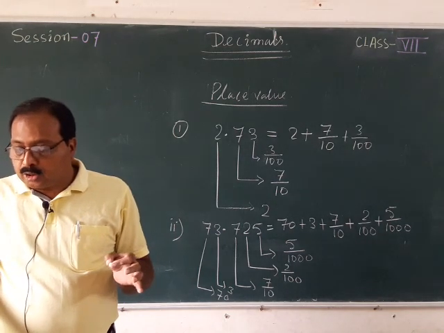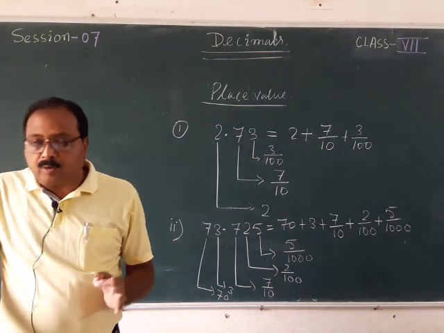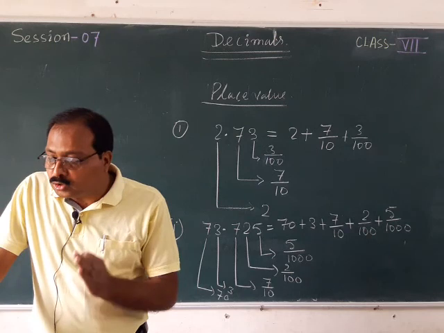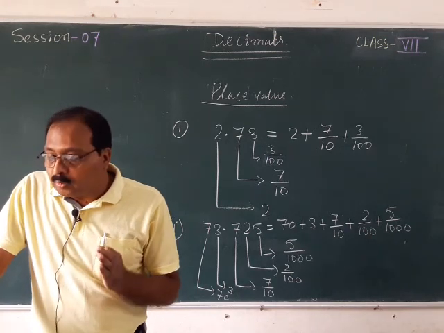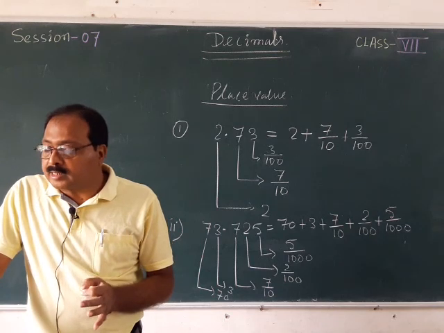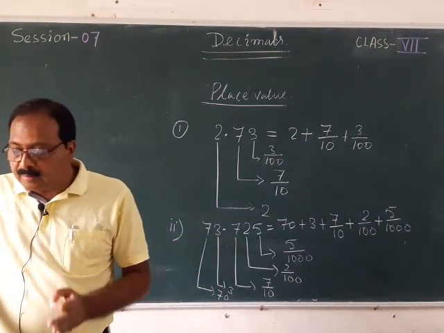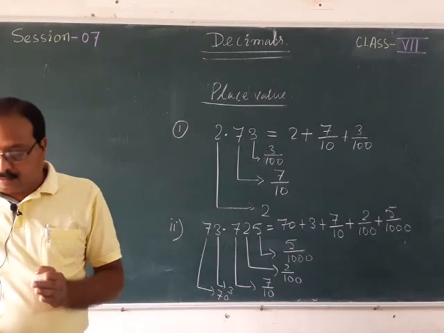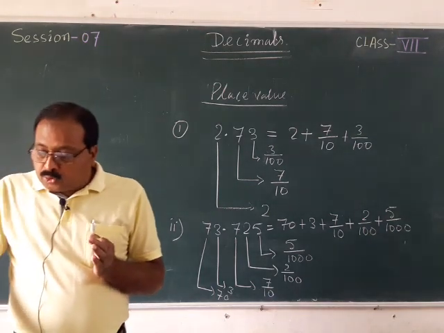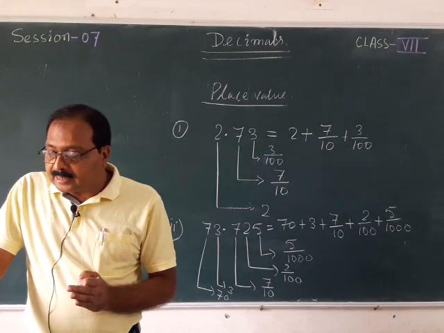Here, a number 0.123 is written as, how can you write 0.123? It is written in the second option. So this option is the correct option. Now B number: which of the following decimals is in descending order? So you can do it, you can arrange the numbers and find which is in descending order.